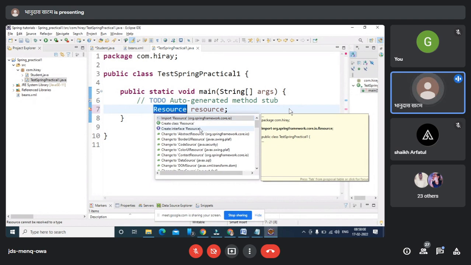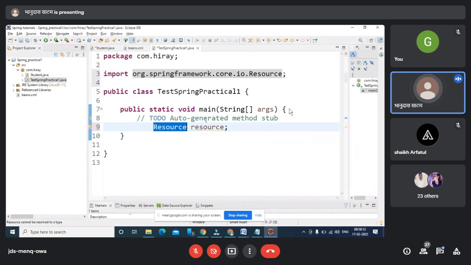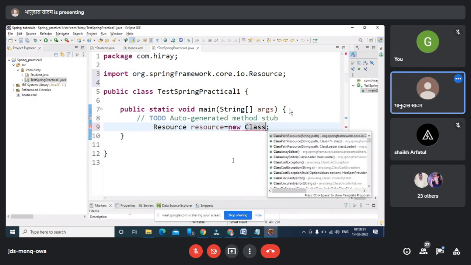You should get this. If you don't get it, initially you people may have some trouble installing this kind of front end. So I know I'm storing the entire information in my XML file. So I'm creating an object of a new class, and if you don't know the name, you just press Control Space bar. It will provide you the list of classes.